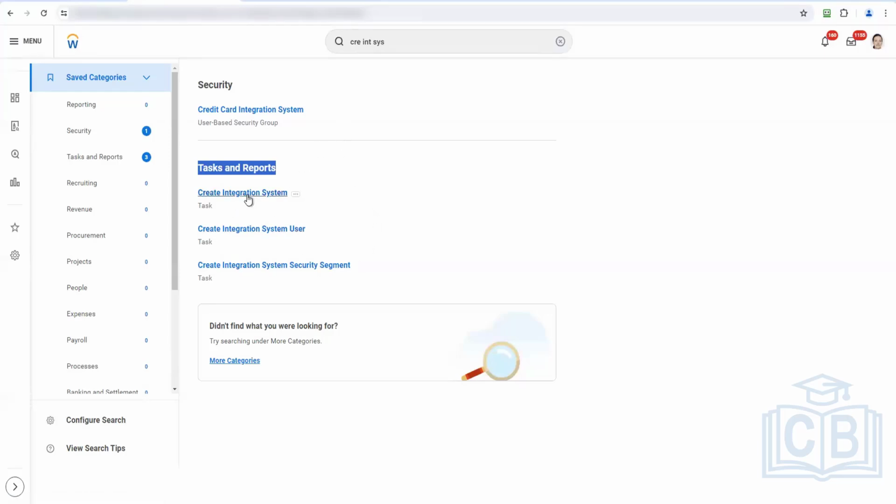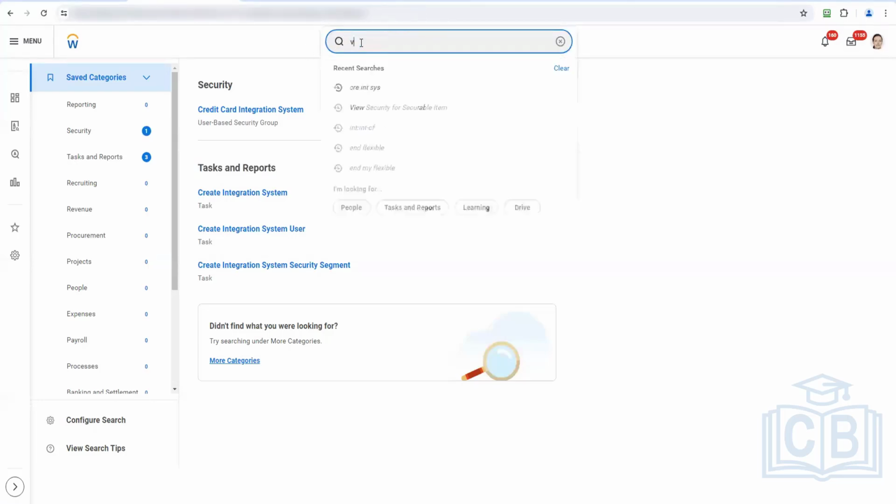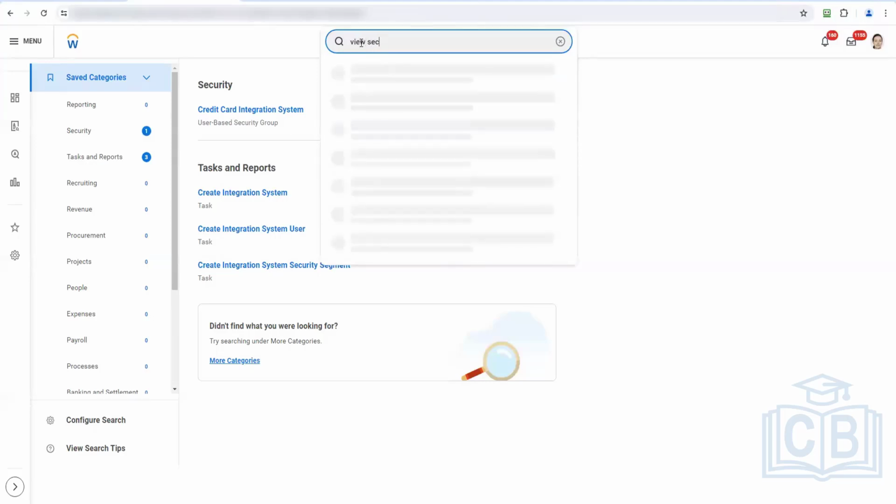Whenever you need to take actions, for example, you want to create something in the system, you will use the task. But whenever you need data, you want to understand the data in the system, there you will see the report. So for example, here, if I search view security group,